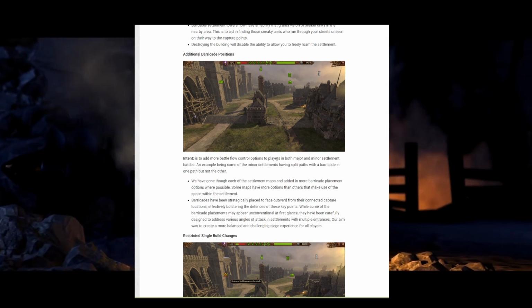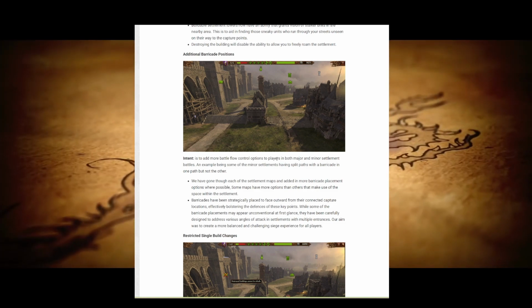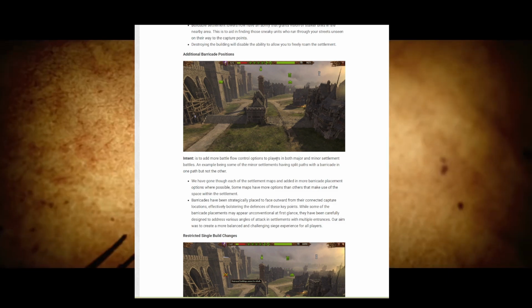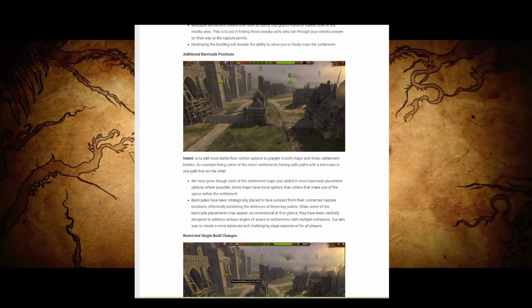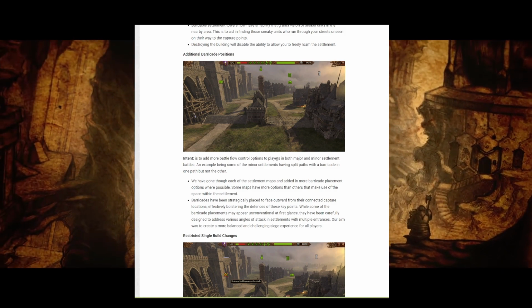Additional barricade positions. The intent is to add more battle flow control options to players in both major and minor settlement battles. An example being some of the minor settlements having split paths with a barricade in one path but not the other. Yeah, I remember that all the way back to the